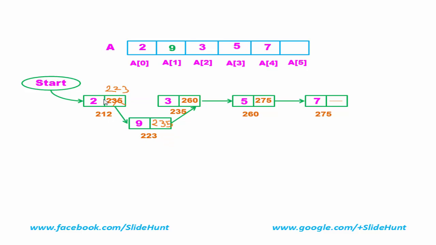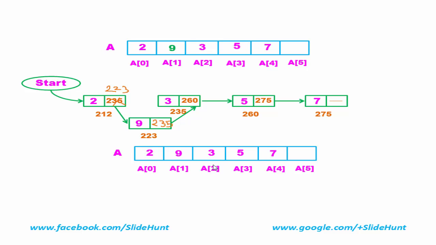After inserting the new node, the linked list looks like this. This is the first node, this is the second node, this is the third node, and so on. Similarly, when we delete an element from an array, we also need some shifting. Suppose we want to delete the element 3 from this array. So first we need to shift 5 here and then 7 here. But in case of a linked list, it's very simple.